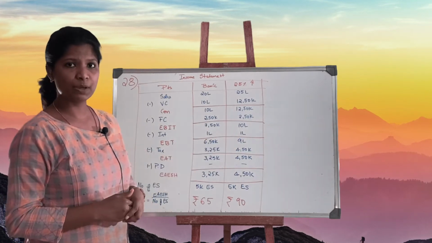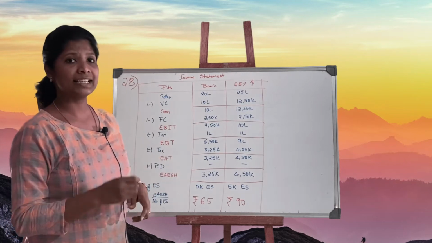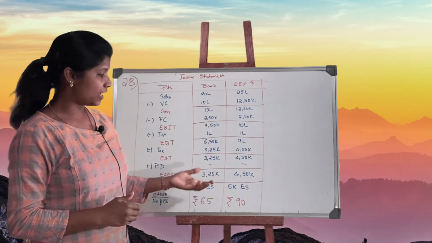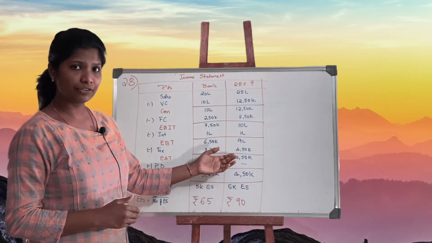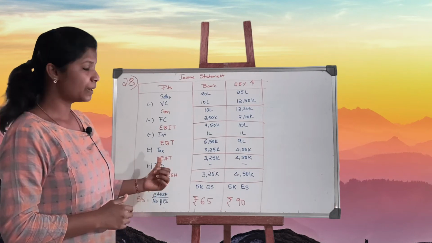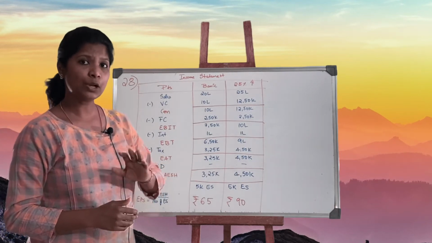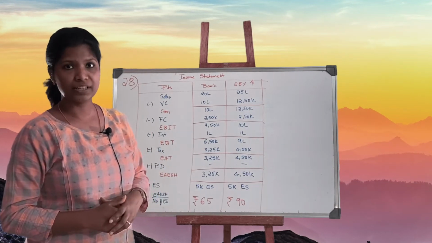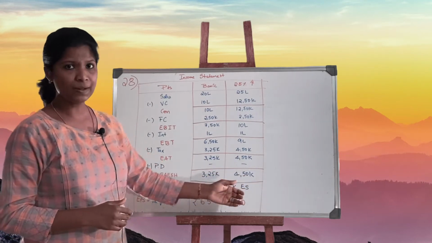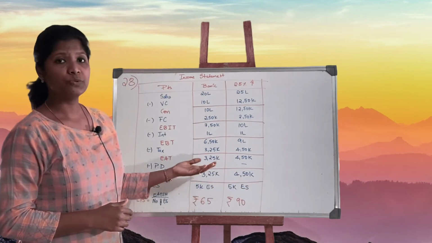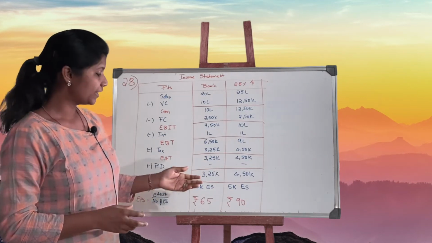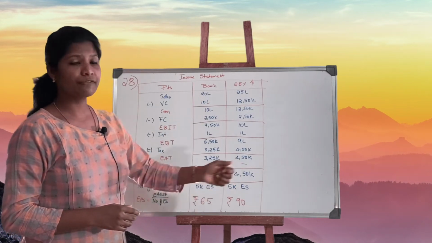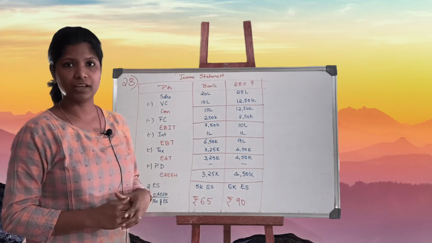So on both sides it's going to be 1 lakh and we arrive at earnings before tax 6 lakh 50,000 rupees and 9 lakh rupees. Tax we assume as 50%, so half of that, 3 lakh 25,000 and 4 lakh 50,000, the same carried forward, the rest. Preference dividend is nil. Reason being, in the question we only have equity, debenture and retained earnings. We do not have preference capital. That's why there is no preference dividend as well. So the same balance will be carried forward. So our earnings available to equity shareholders are 3 lakh 25,000 when sales are made 2 lakh units and 4 lakh 50,000 when sales are made 2 lakh 50,000 units.